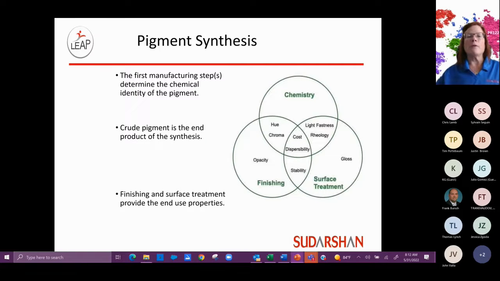So I've used this chart before, so nothing new here, but I did want to keep in the forefront that about 75 to 80% of the pigment performance does come from that chemistry. And the remaining 25% or so is the surface treatment and the finishing steps that really just tailor the performance